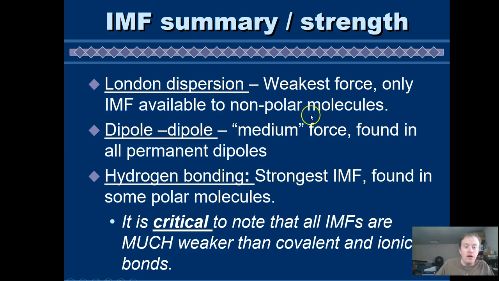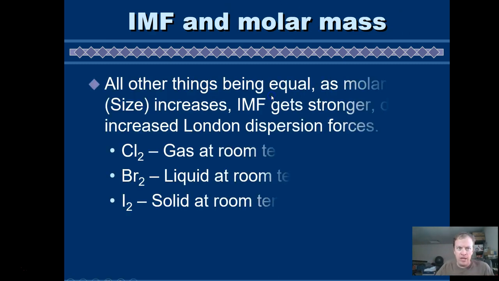So something that is doing hydrogen bonding is also doing dipole-dipole forces, and basically everything can do London dispersion forces. So they can be kind of nested in that way, if you will. What's critical to remember is that all of these are much weaker than covalent and ionic bonds. So intermolecular forces by nature are much weaker than intramolecular forces. So I brought this up, I'm gonna mention it now, that